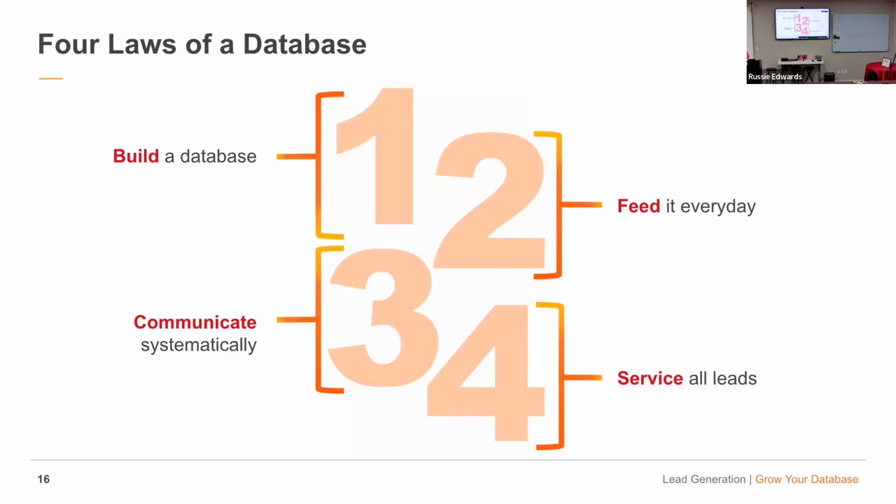So if I have 201 people in my database, chances are pretty good I'm going to make at least double what someone else in the office that does not have 201 people in their database makes, right? Because that's the magical number where you start to see repeat referral business. So we're going to feed it every day. Number 3 is we're going to communicate with it systematically.